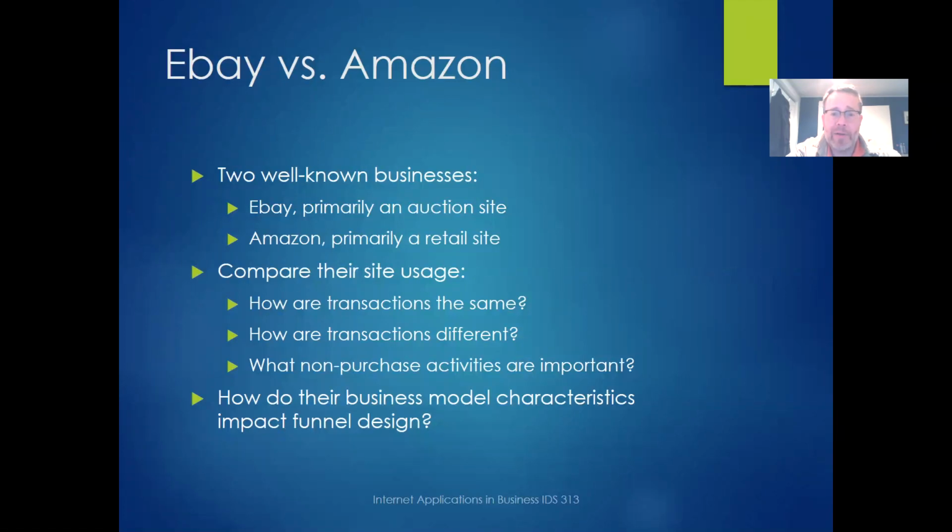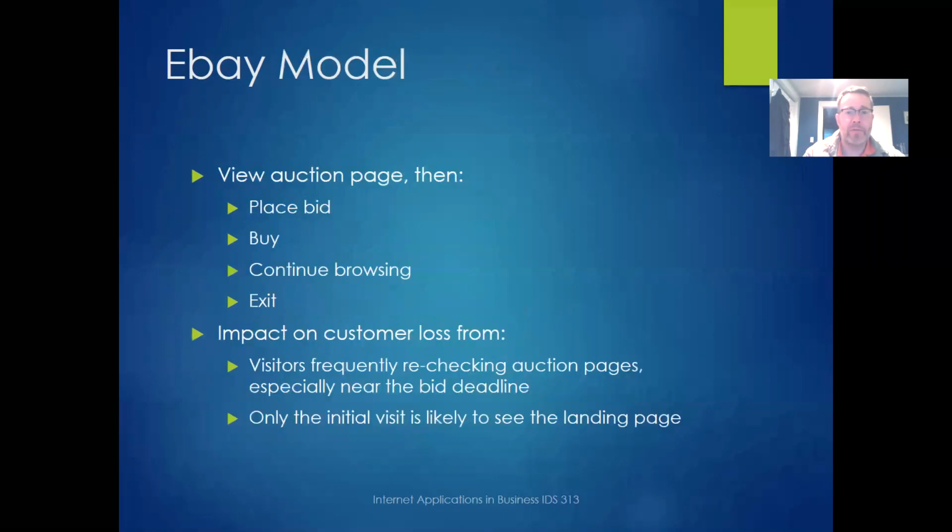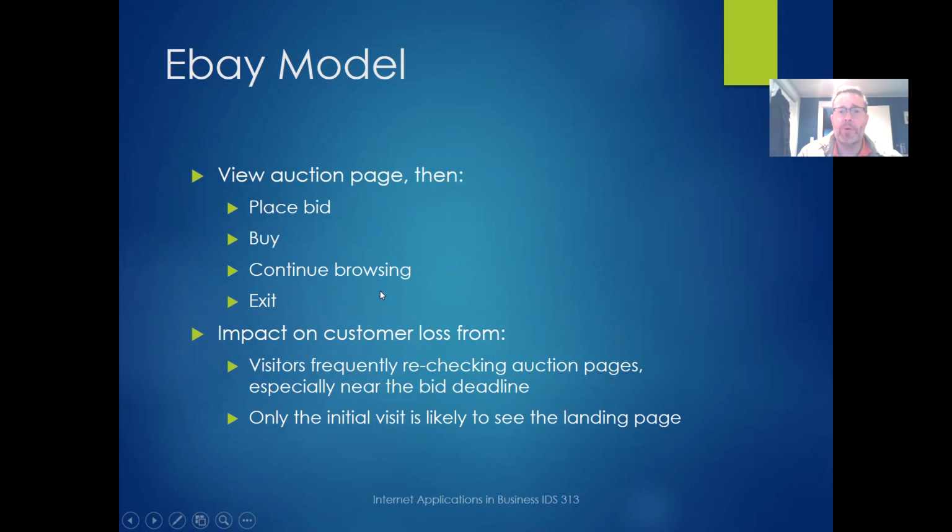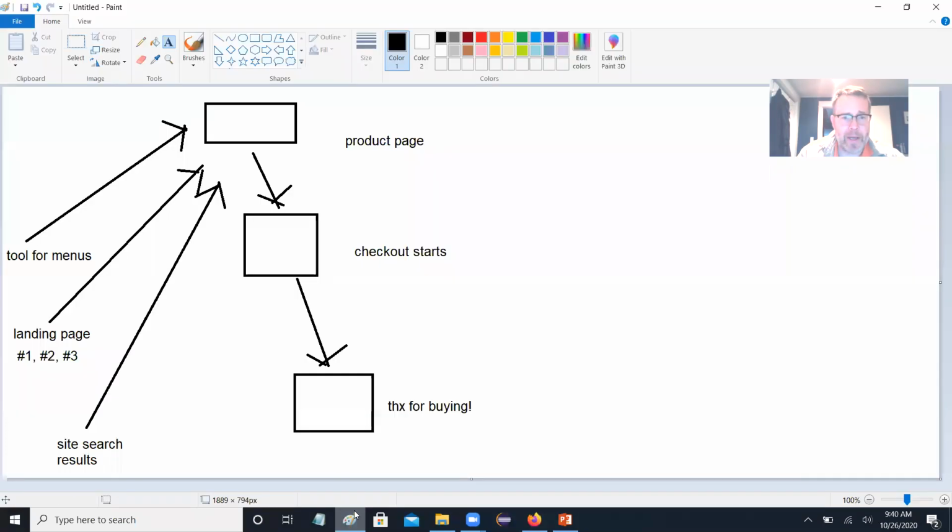So when you think about how their sites are set up, you might consider, well, how are their transactions the same? How are they different? And what non-purchase activities are important? And how all that bundles together into their funnel designs. So for example, on eBay, typically people are going to view multiple auctions, right? They're going to view one auction page, then place a bid, buy, continue browsing, and eventually exit. So they'll potentially look at a bunch of auctions, bid on one or more of them, and then they're done. So the funnel model for eBay is very different, right? Is basically, in a sense,